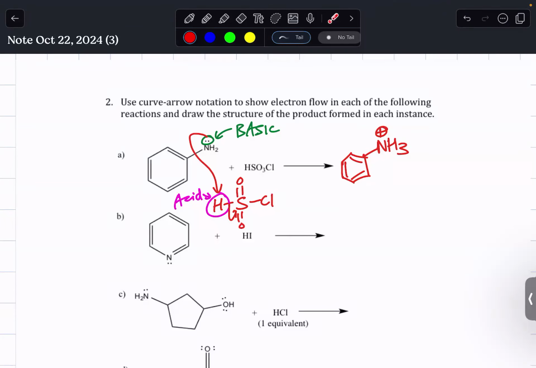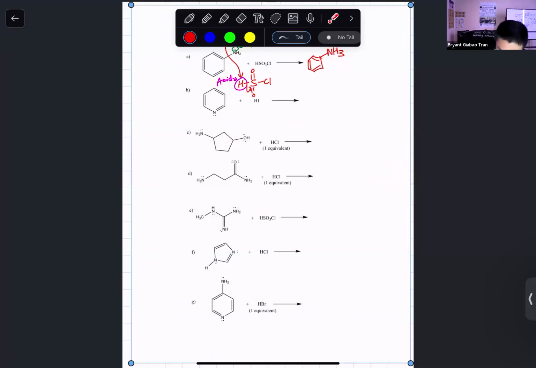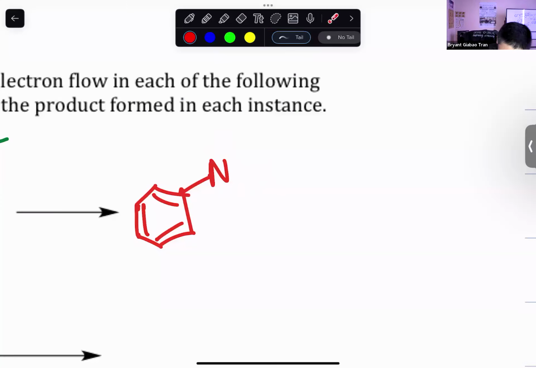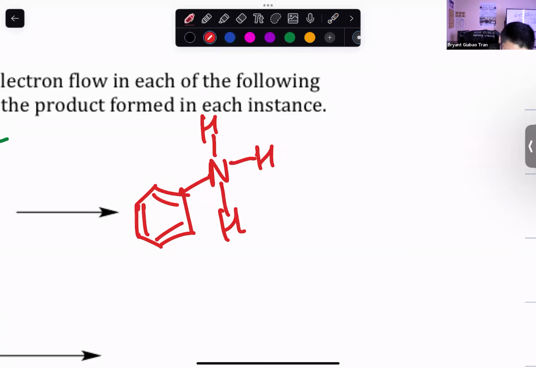Because it has an extra bond, right? Because this nitrogen is now bonded to 3 hydrogens. So if I were to draw out the bonds to hydrogen like this, 1, 2, 3, this nitrogen here has 1, 2, 3, 4 electrons to itself. But nitrogen is in the 5th group of the periodic table, so it wants 5 electrons. It has 5 valence electrons, but it has 4 electrons to itself right now, so that's gonna have a +1